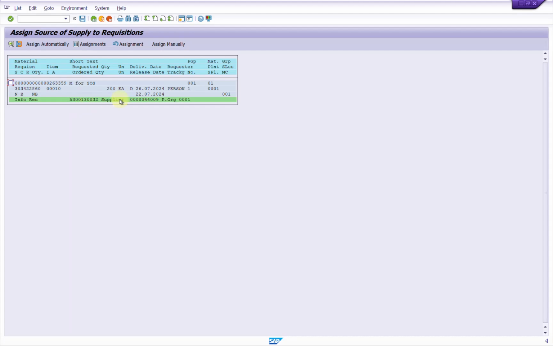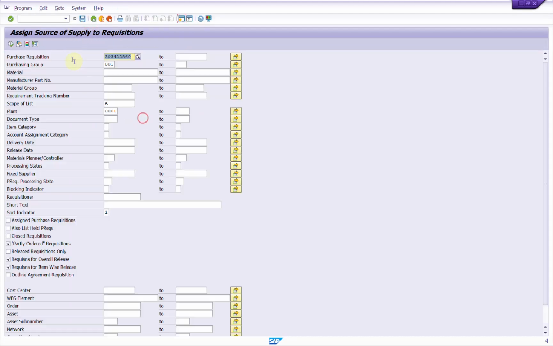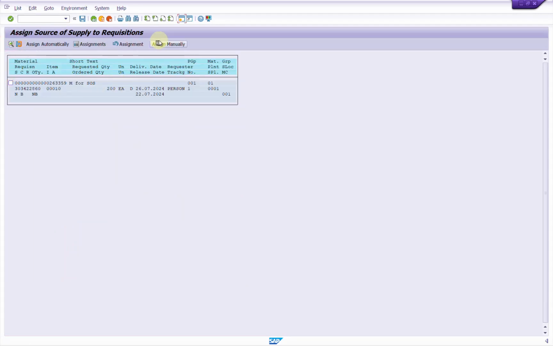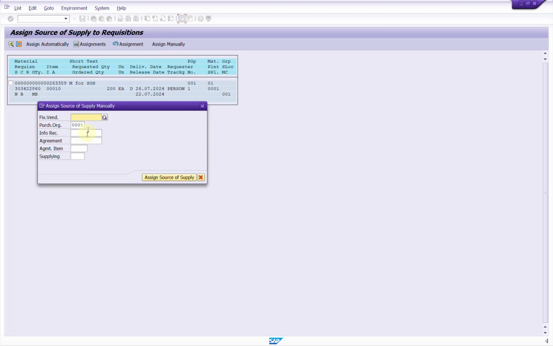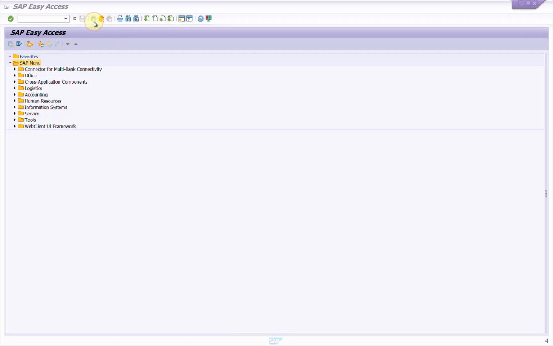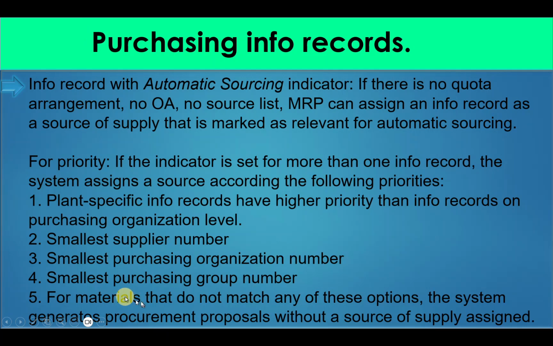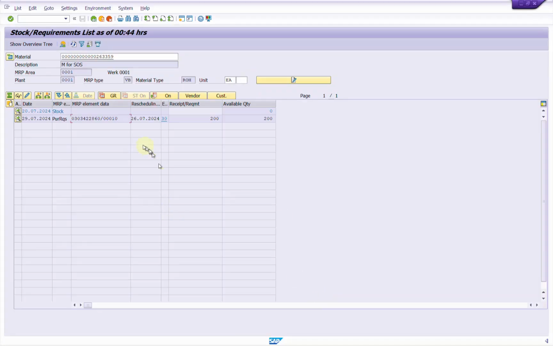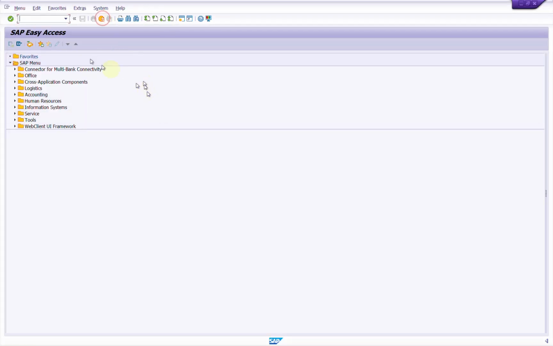of supply as it has info record, or I will go back and again I will execute this, or you can assign manually and you can put your particular vendor and you can do assign source of supply. So this is the way in case no source of supply gets assigned, so system will create without source of supply. Or alternative is you can simply go into